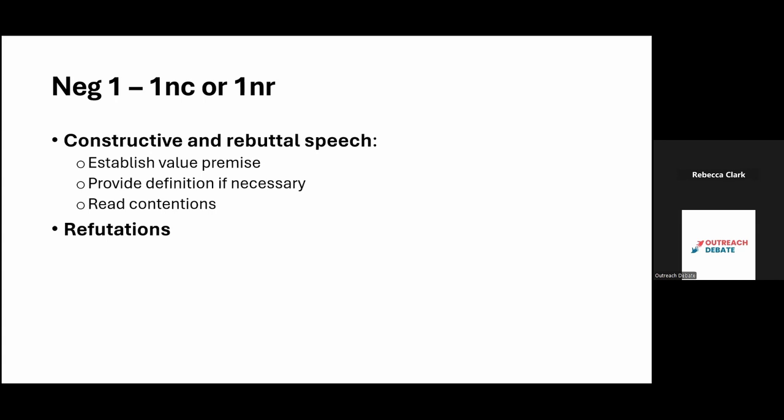Because usually at the traditional level, you have stuff to respond to, but you don't have a lot to respond to. And oftentimes on the local level, arguments are kept pretty generic, and your contentions will often already have stuff that responds to the other side. So it's easy if you read those contentions and then during rebuttal you reference your contention. Like, let me point out that contention 2 includes evidence that says this, which responds to their evidence, and my evidence is more recent. So, yada yada yada. I find that spending slightly more time on the constructive aspect of the speech is probably more strategic.